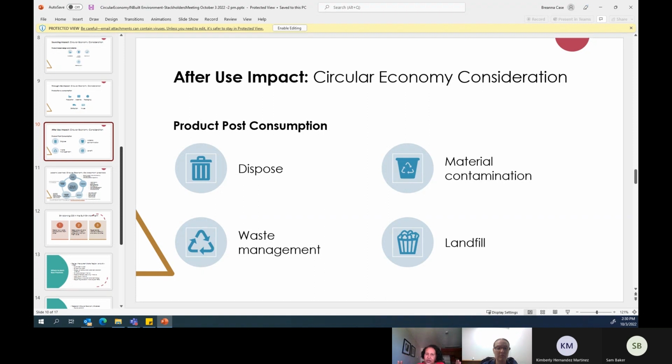Once we have the picture, for example, one organization has good knowledge of the product post-consumption, another organization may have production and consumption, and another has sourcing. You see what I mean? How we exchange ideas, and then we become more specific as we go. Okay, next.